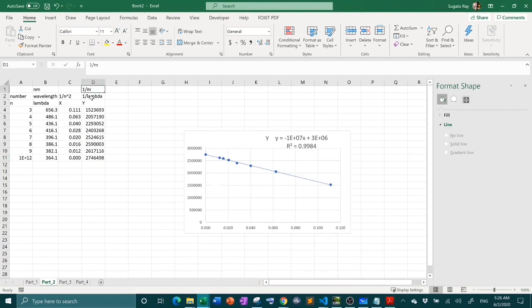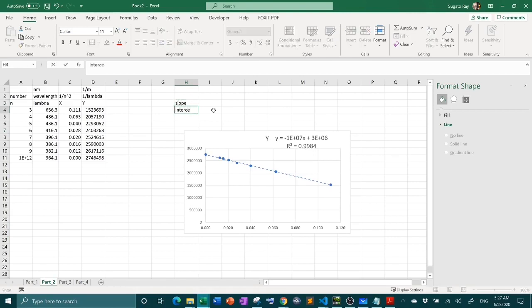But this is an important part: in order to transform this from nanometers to meters, you have to take care of that conversion, and you have to multiply it by 10⁹. Alright, so when you do that, you get this, and then this gives you this result. And we know that this 10⁷ is actually the value of your Rydberg constant, but this doesn't quite give you the actual value of the slope, which is why, when I showed you earlier,